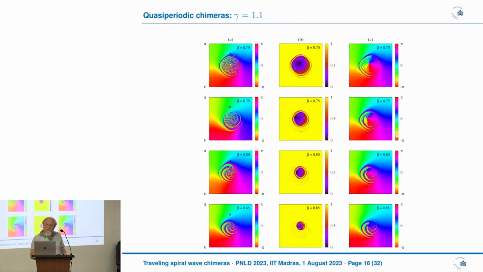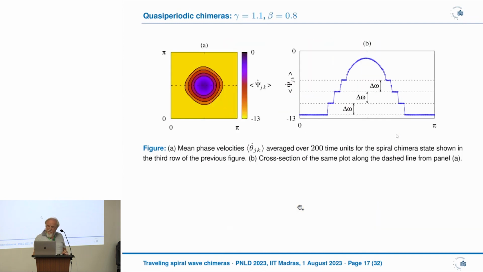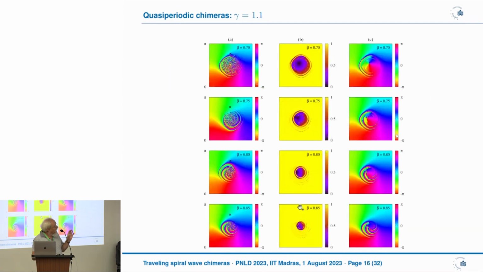Now, as you vary the parameter beta, you see a whole variety of these kinds of structures appearing via the same process, via the introduction of the new frequency through these Hopf bifurcations, together with these filaments that represent synchronization, if you like, within the coherent core. And again, this represents the real part of the order parameter, modulus of big Z, and this represents the